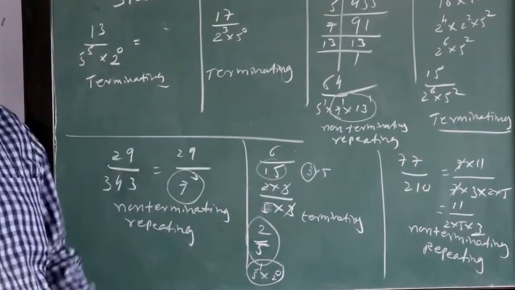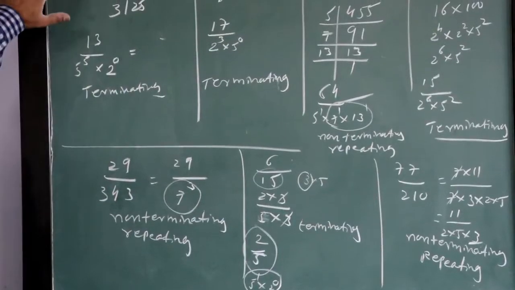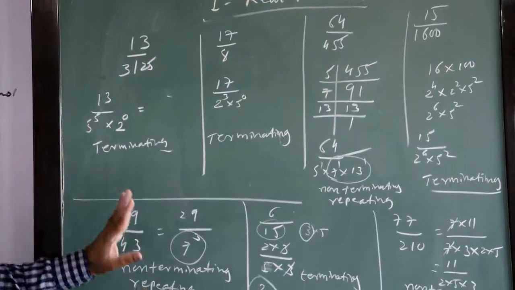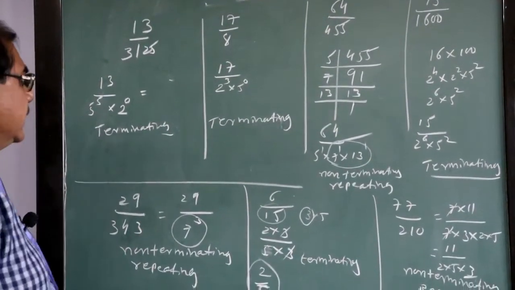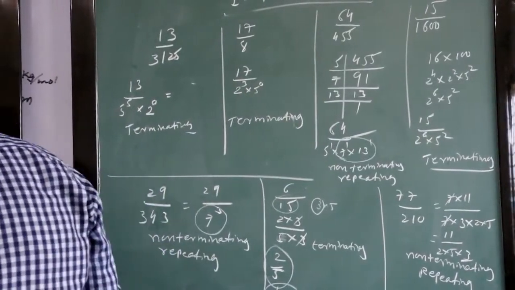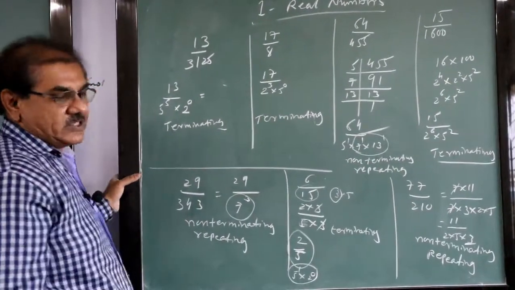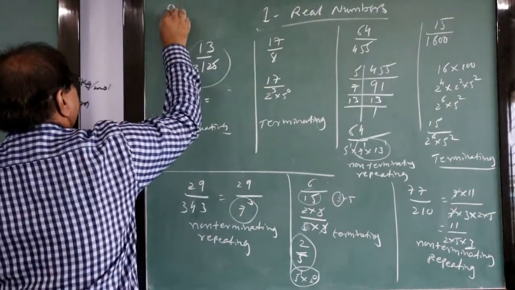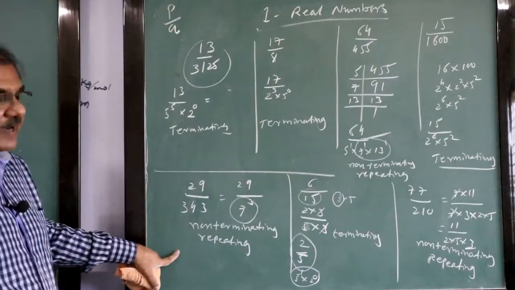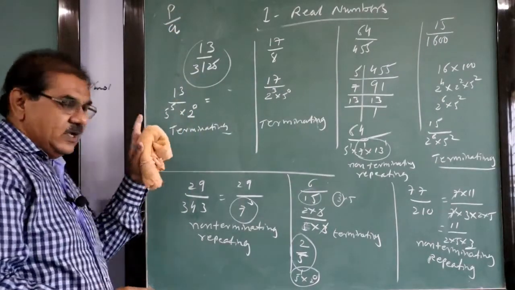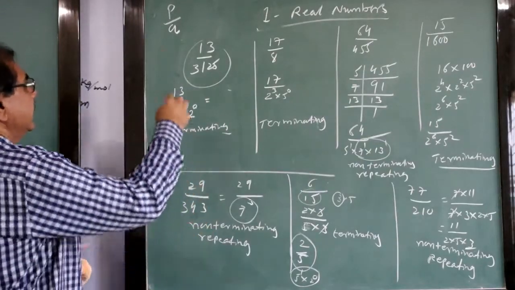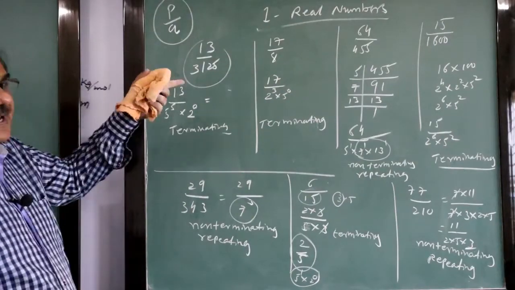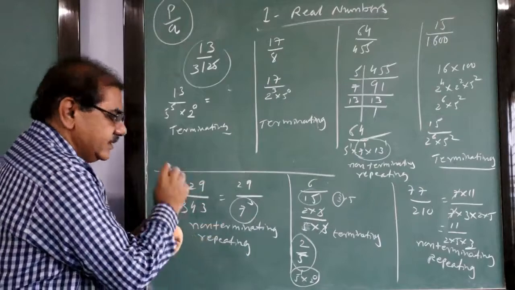So simply by looking at the fraction, you can very easily judge whether the decimal expansion of this fraction will be terminating or non-terminating, repeating. Okay? So this is how we have taken certain examples. Now I ask you a question. If the number is of the form p upon q with the given condition, then it is either terminating or non-terminating and repeating. So long it was a rational number. But now suppose the number is irrational, then what can it be?